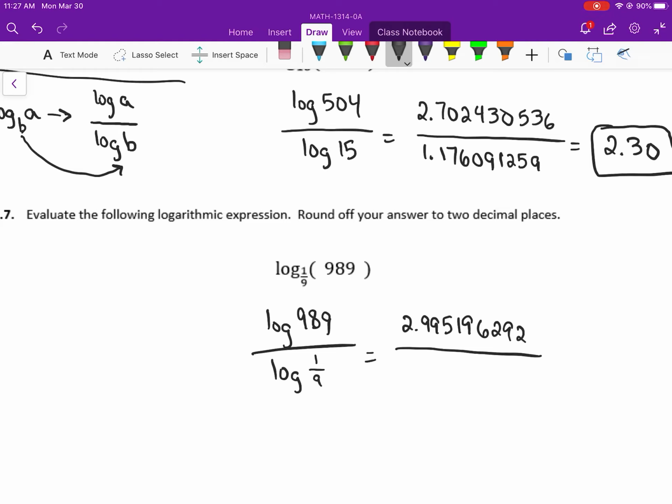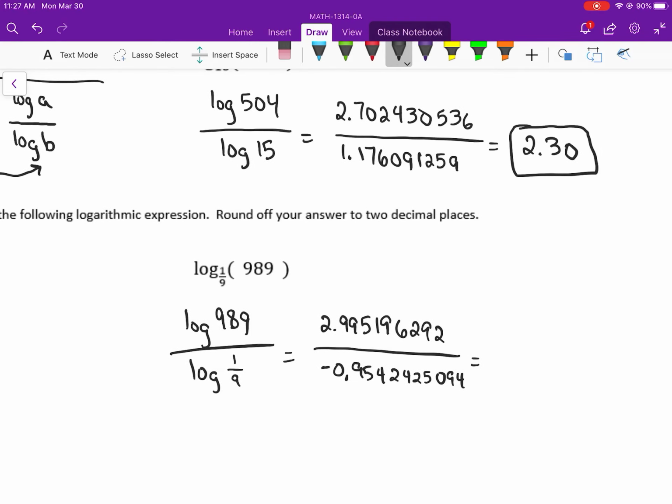All over log of 1/9, and that gives me a negative value, negative 0.9542425094. I paused there just for a minute because I was making sure that I didn't skip a digit or anything like that. All right, so numerator divided by denominator